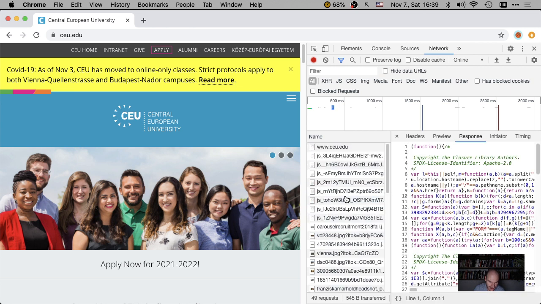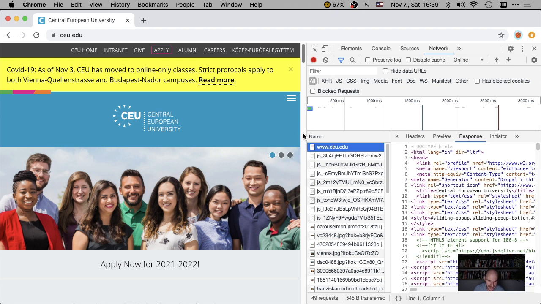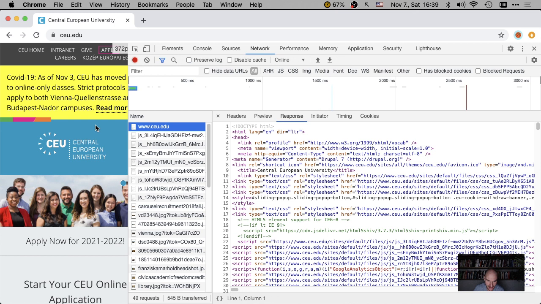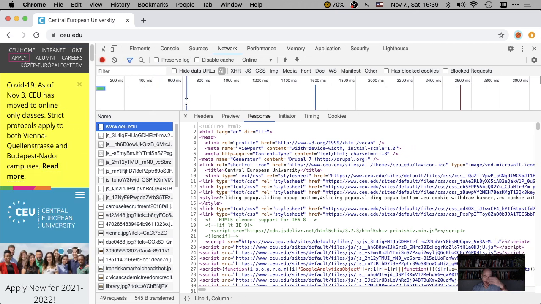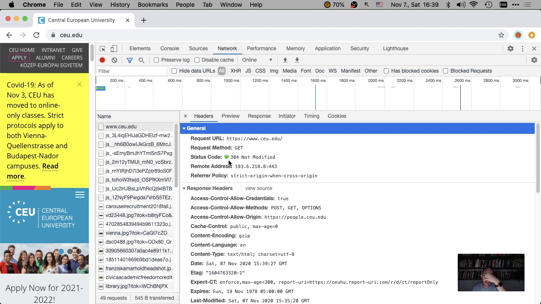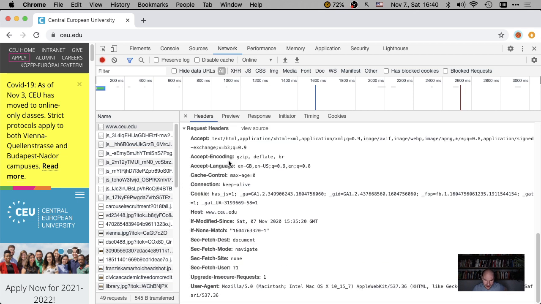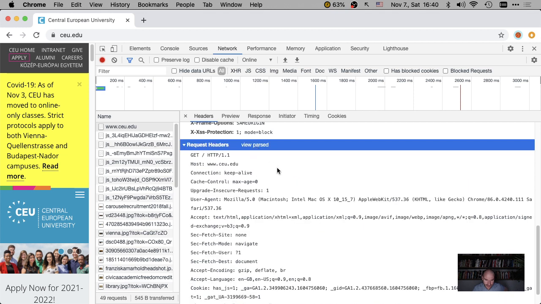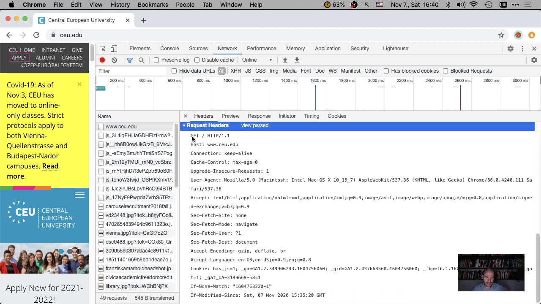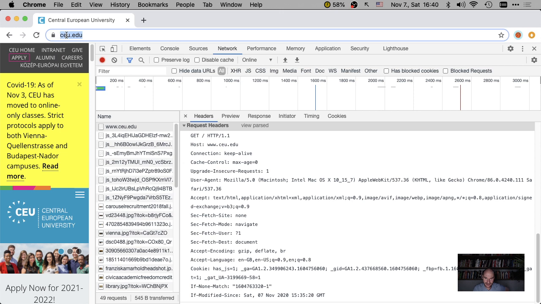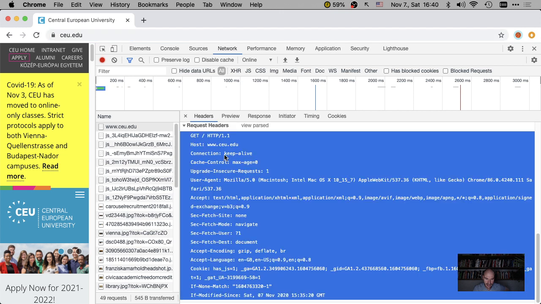But what matters for us here is that there is also the very first request. This is what we need to know now. The very first request. And let's take a look at the request itself. So if I go to the request headers, view source, this is exactly what my computer just told CEU. So when my browser connected to CEU on this port, I believe this is now an HTTPS connection, right? There you go. So it's not port 80, but 443. Then it would say, hey, I'm speaking the